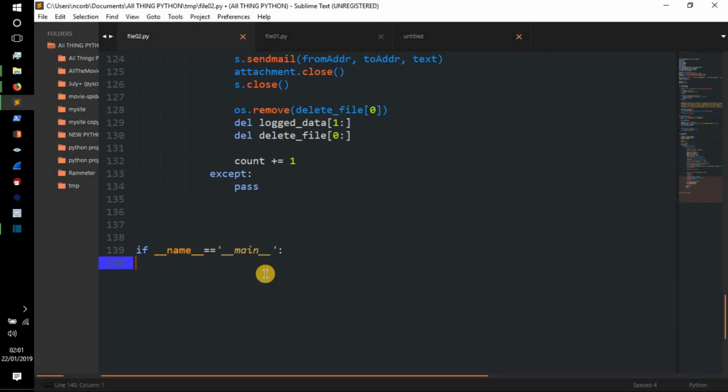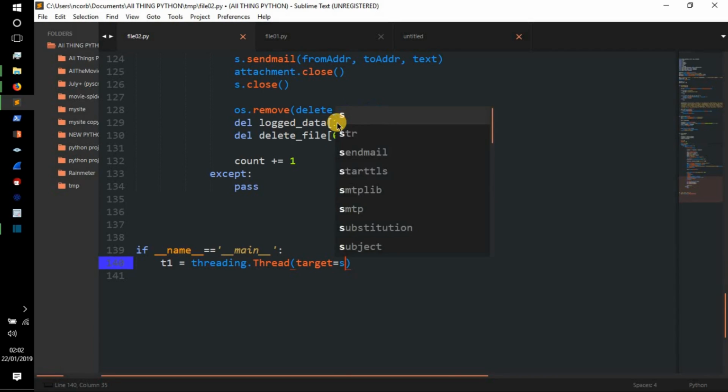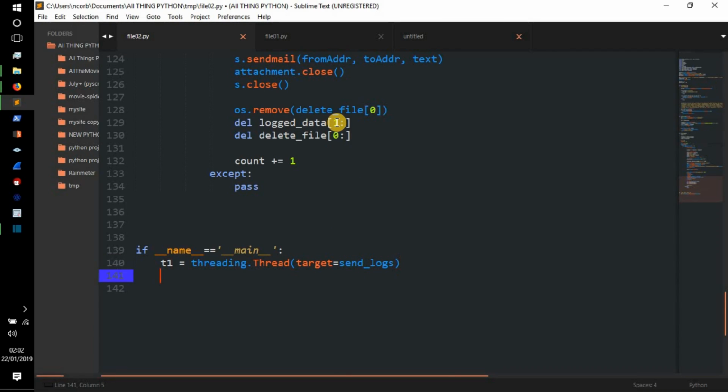So not that it really makes a difference because we're not going to be importing it, but that's just what that means, and I'll be doing another video on that, explaining that in detail and in depth. And I have a really good saying that I can't remember right now, but if you don't get it, it'll click with you instantly, so don't worry. So we're going to do t1 equals threading.Thread, target equals send_logs, and then t1